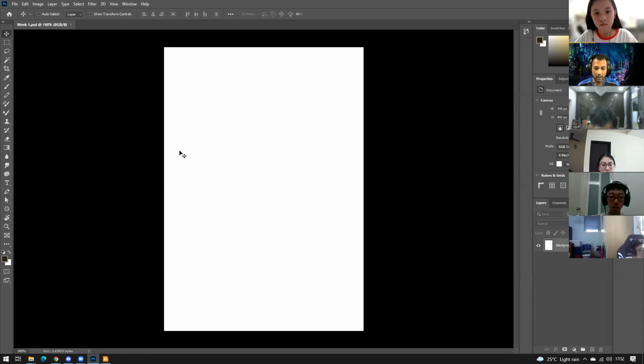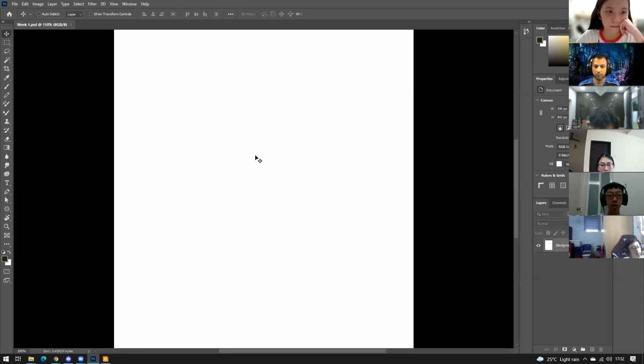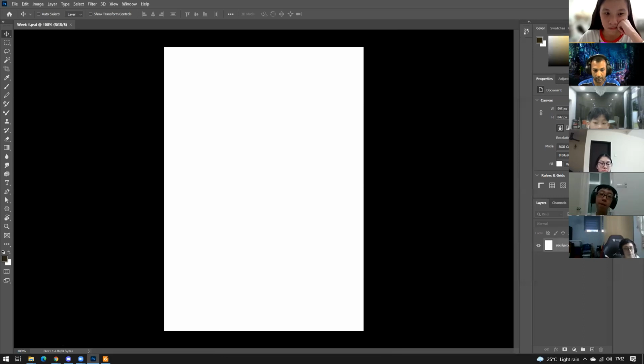At the bottom here you've got the scale, the zoom size. If I hit 150, it will zoom in as big as 150 times, or if you want to hit 100, normally that fits the screen. Then you've got the document size. If you're working with bigger images, multiple layers, multiple edits and multiple filters, it will show you the document size that you're going to save. At the moment it's 1.43